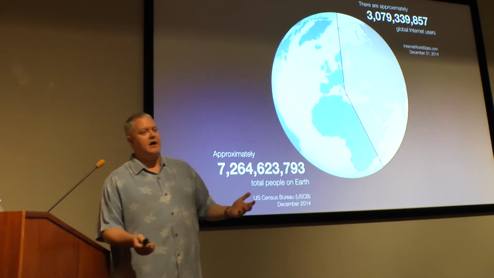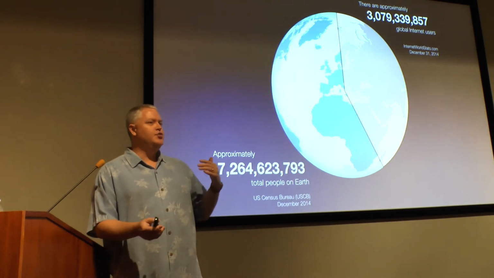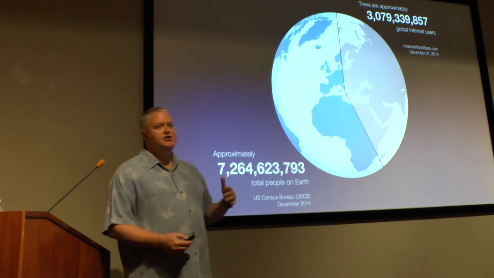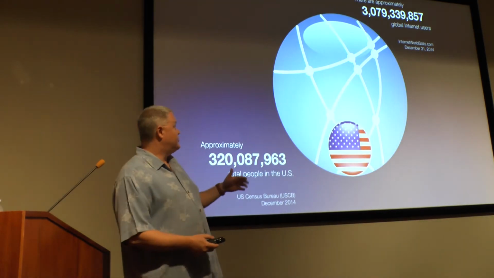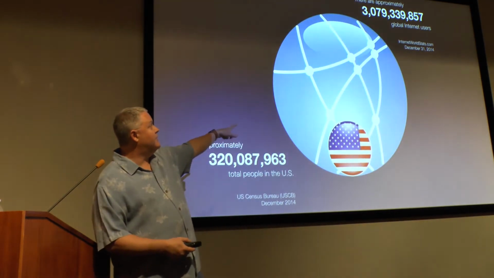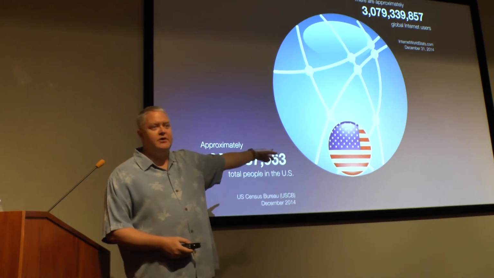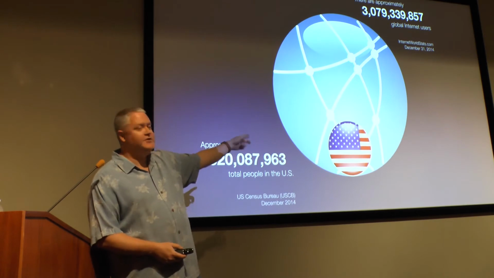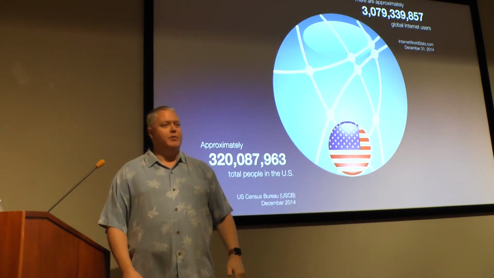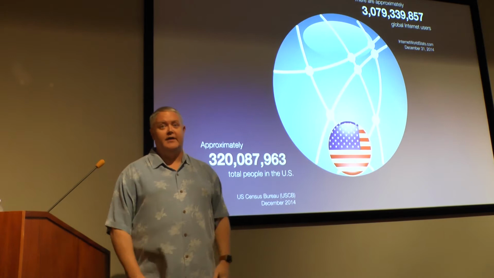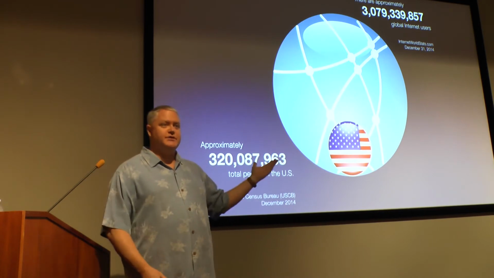And I've created that context as the designer. And whatever you choose as that comparison data changes how your audience perceives that data. So if I now change this to this blue circle, it's 3 billion global internet users compared to the total population of the US, a little over 320 million. That's almost 10 times. Every man, woman, and child in the US, that's a lot of people on the internet. And that's a different context, even though the number's the same.